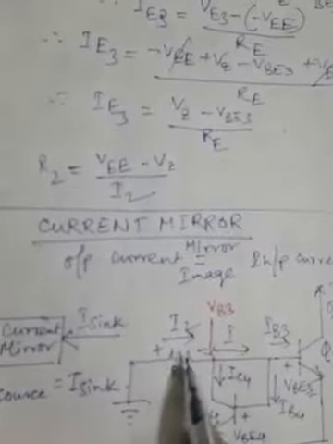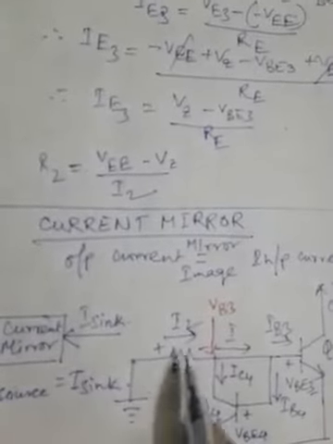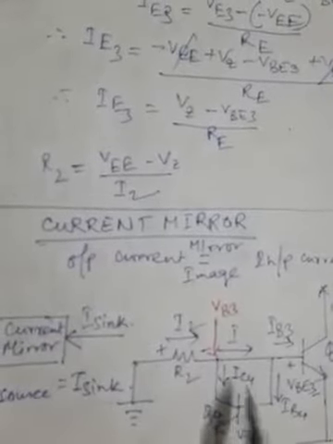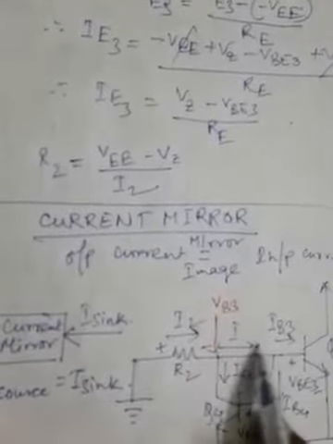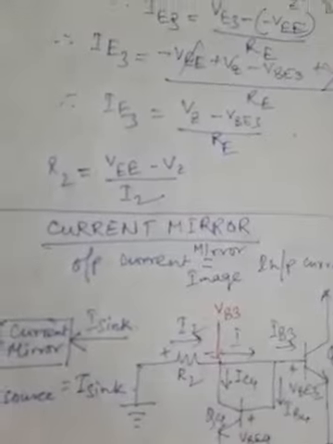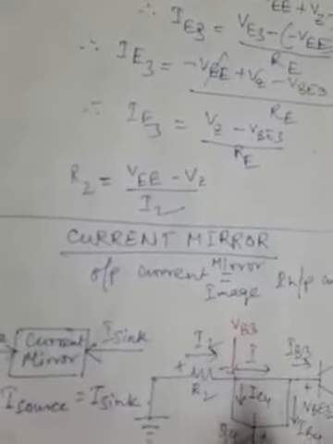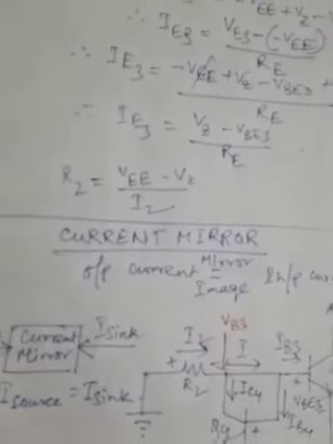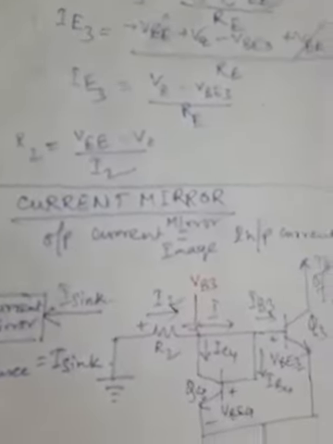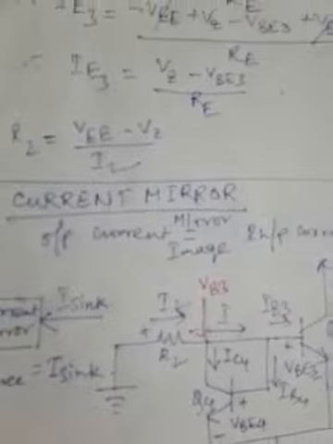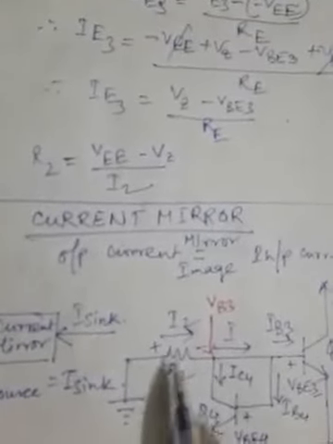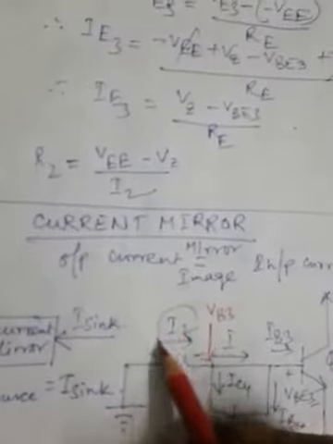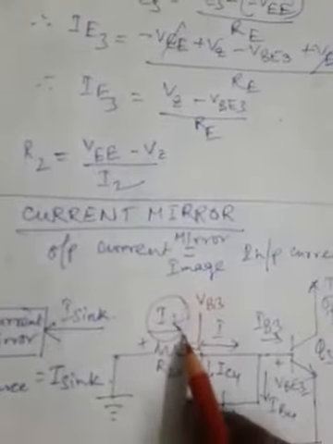Now we can see here that this I2, which is flowing through R2, after passing through this node becomes I, and this I2 is once again seen to be equal to the collector current of Q3. Now let us see how it happens to be so. Once the current I2 is set up in this circuit, this is important for this case. This is important for the circuit to work: to set up the I2 first.